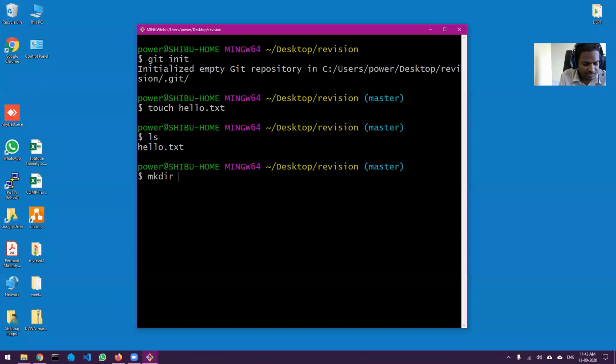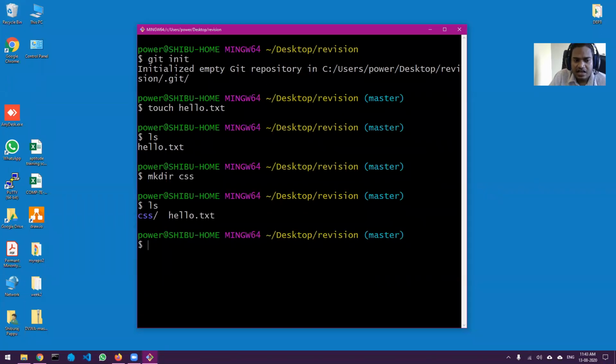Okay, so let's call it, let's say, css. Now if I do ls, you can see I have a css folder and a file called hello.txt. Okay, so till here everything is fine. Now this was just basics of bash. Okay, now let us get back to git.